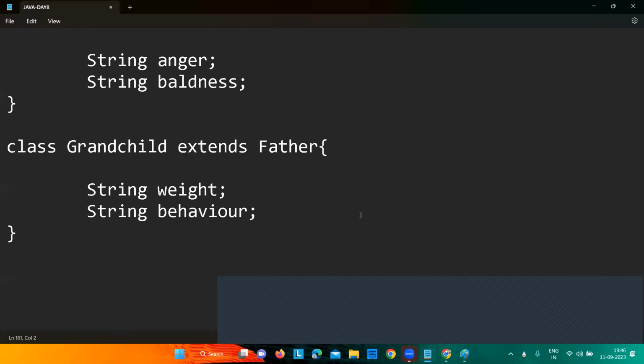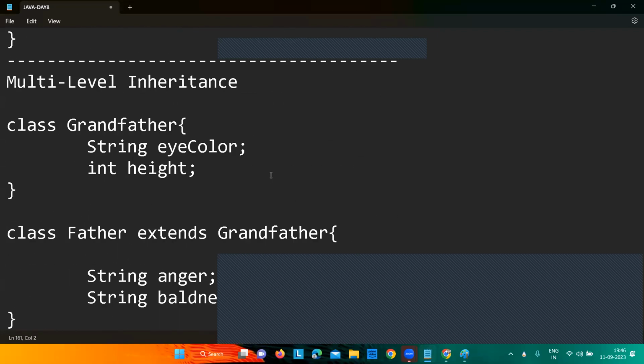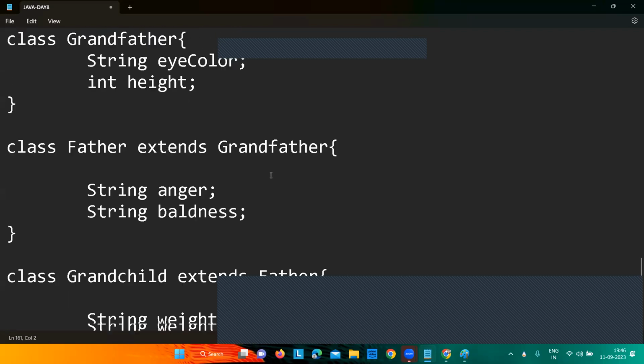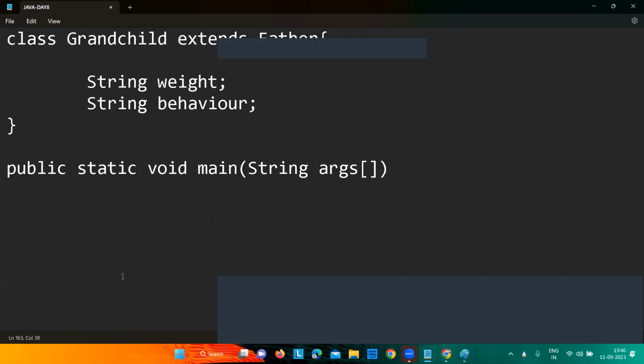These are all the things which can be achieved from our parents. So if we create public static void main, args,